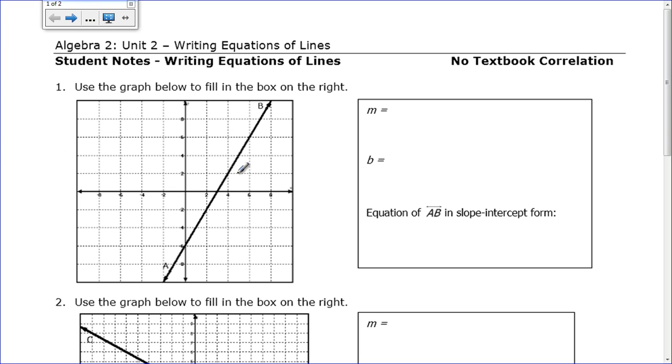So, number one, we have a graph of a line, and we're supposed to fill in this box with what's important. So I have to find m, which if you'll remember is slope, b, which is the y-intercept, and then I have to write the equation in slope-intercept form. I always start with the y-intercept because it's real easy to find. It's right here where it crosses the y-axis, and this is counting by 2's, and so it looks like that's